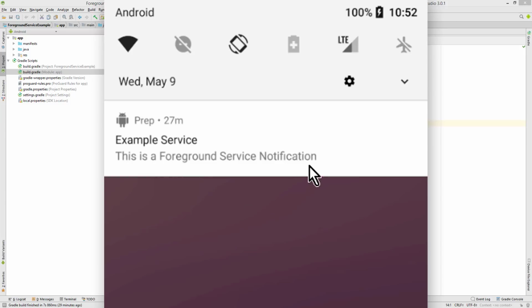A good example for such a foreground service is a music player, for example. The player should keep playing music while the app itself is in the background, and the user is aware of it, so he should see this notification. These foreground services are also very unlikely to get killed by the system.